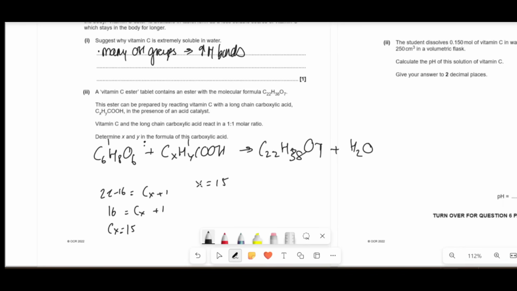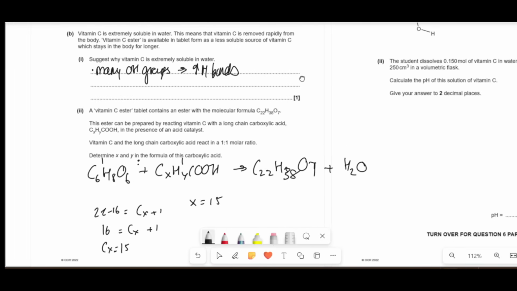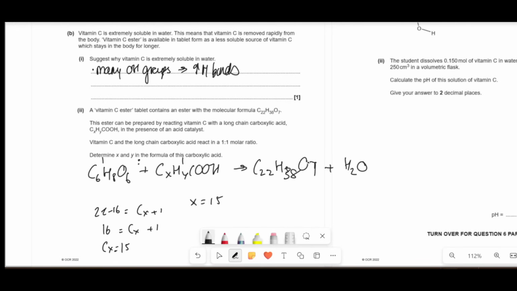The problem with these H's is that some of them come out as waters. So we need to figure out how many waters we've lost, then we can figure the rest out. You should be able to recognize that's an alcohol, that's an alcohol, that's an alcohol, that's an alcohol. So off the bat, you should be able to tell that. And then we need to figure out what part of this is a carboxylic acid. So this is a carboxylic acid, remember, where it's told you it's a COOH. We now end up with